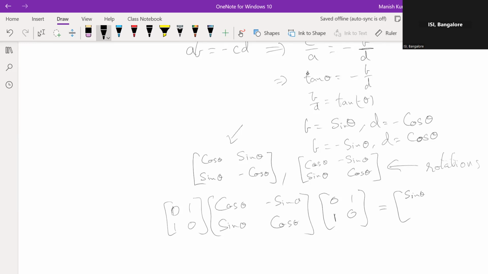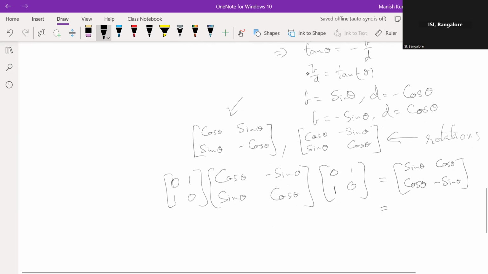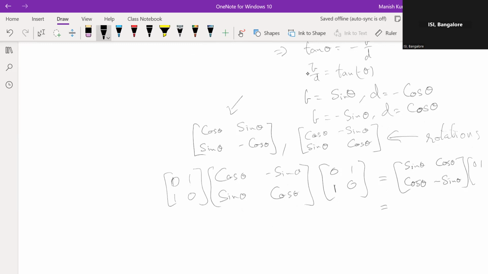And then cosine theta. I'm doing the multiplication of the first two terms first. So cosine theta and minus sine theta. It's this, and times 0, 1, 1, 0,